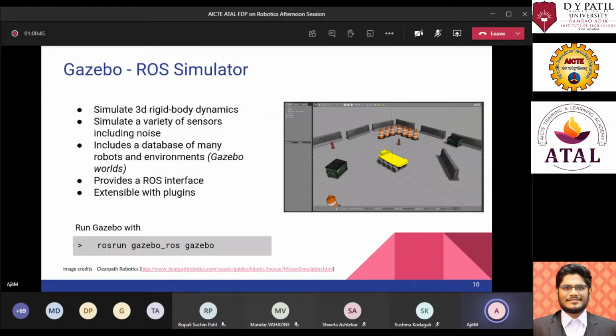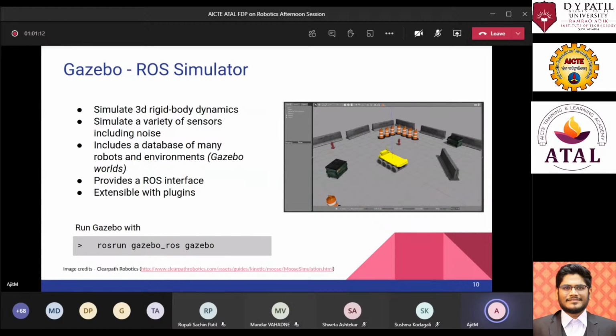During these times, Gazebo comes very handy, because what Gazebo does is it simulates all the 3D rigid bodies, its dynamics and its kinematics as well, and it can simulate a variety of sensors. So sensors like Kinect, Intel depth sensors, then wheel odometries, lidars, 2D lidars, 3D lidars.